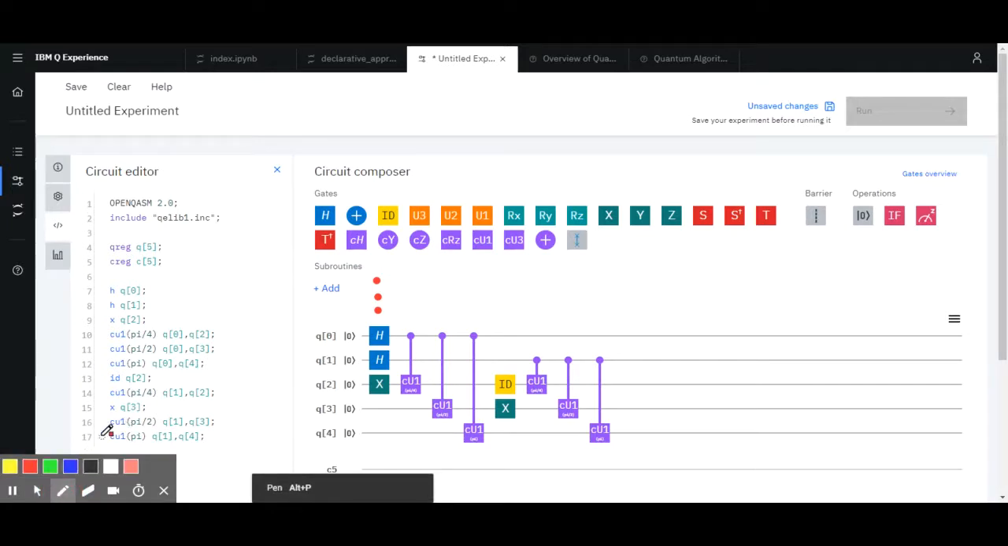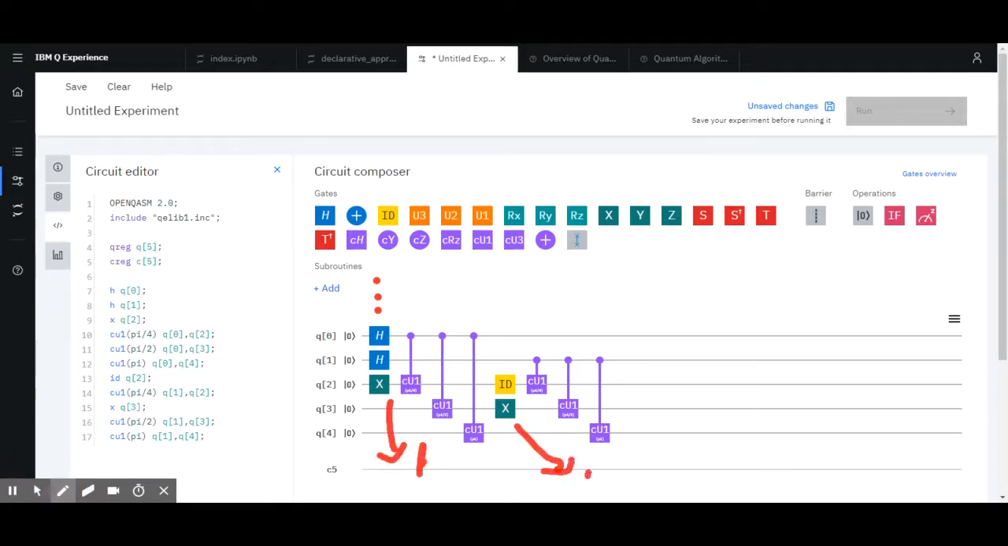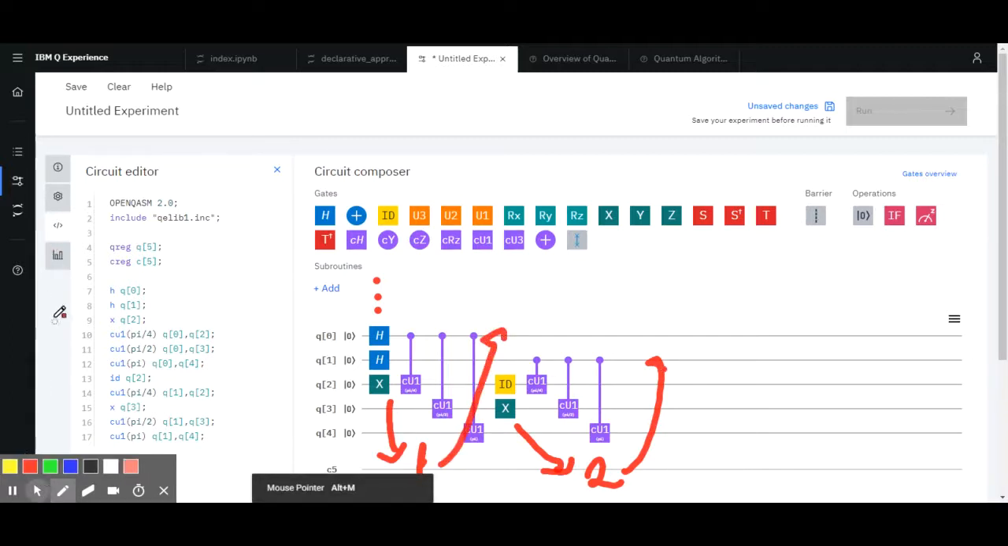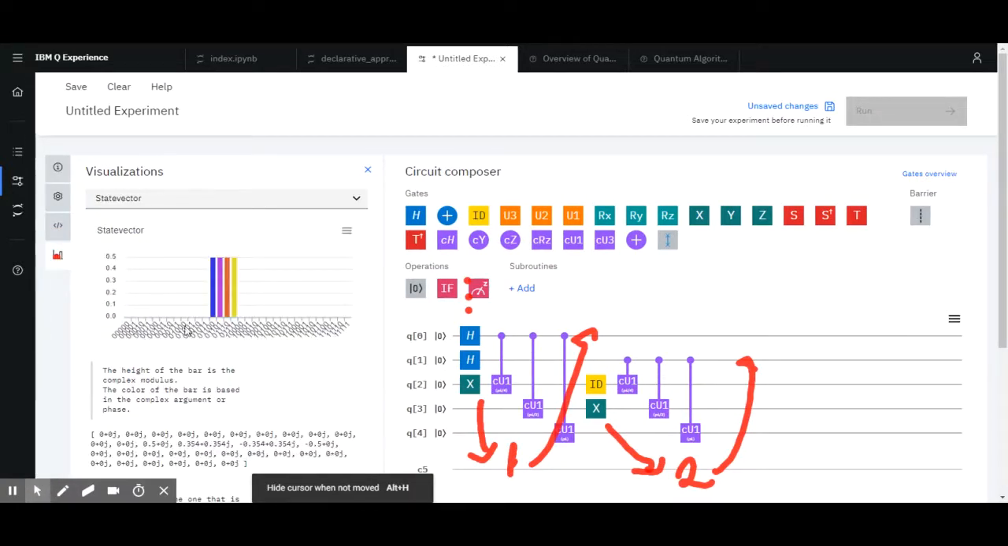So this is basically one, and this is basically two, right? And this is encoded. The two is encoded in this qubit's phase, and this is encoded in this qubit's phase. So if we take a look now at the visualization,